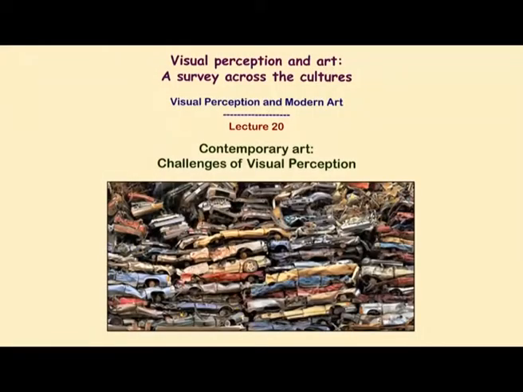This is the 20th and last lecture of this course, and in this lecture we'll be looking at how contemporary art has not only challenged our visual perception but made even looking very difficult, looking in the sense of looking at a work of art, looking at a sculpture, looking at a painting, because in the first place a number of examples of contemporary art activities or contemporary artistic products do not believe in art object anymore, A, and B,